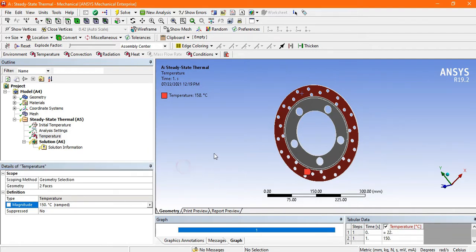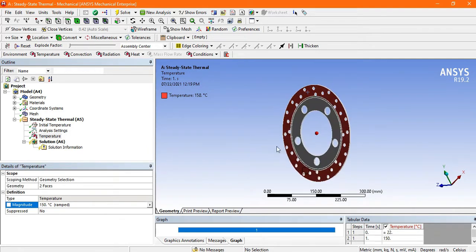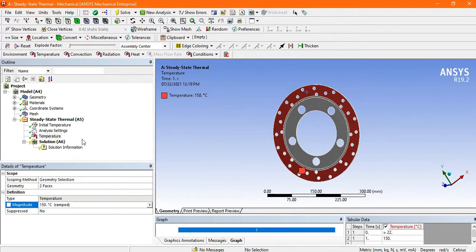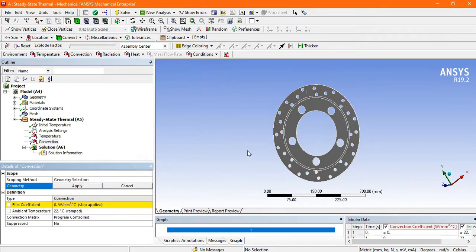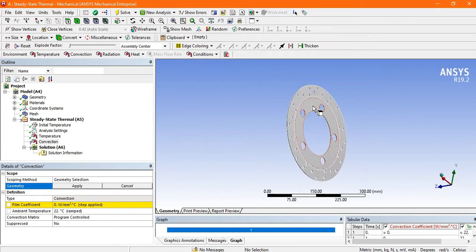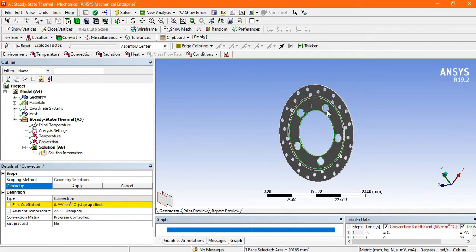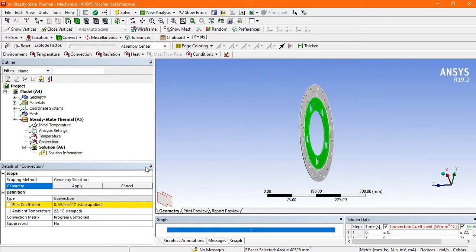So let's apply the convection on this face where the heat dissipates. So go to the steady state, insert, and there is convection. Now again it is asking to select the face. So select this face, press Ctrl and select this face, and apply.